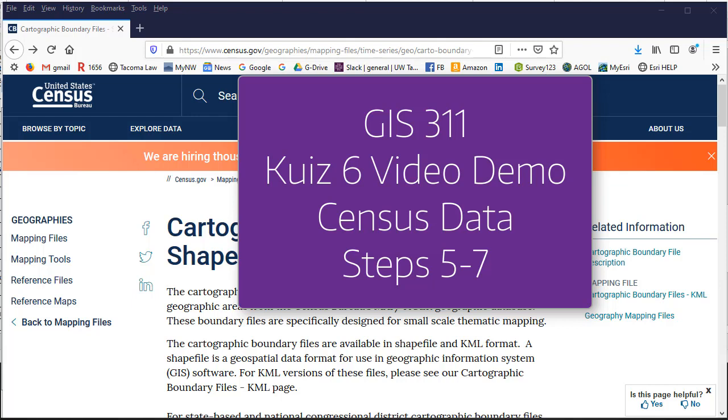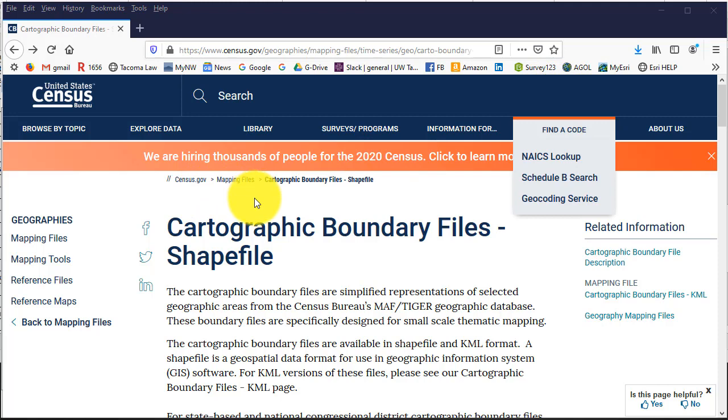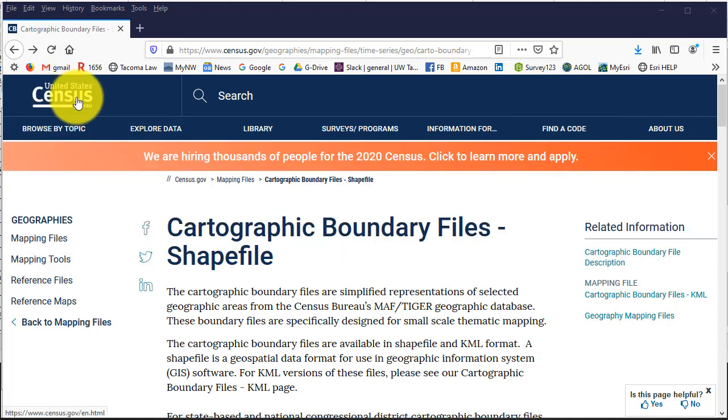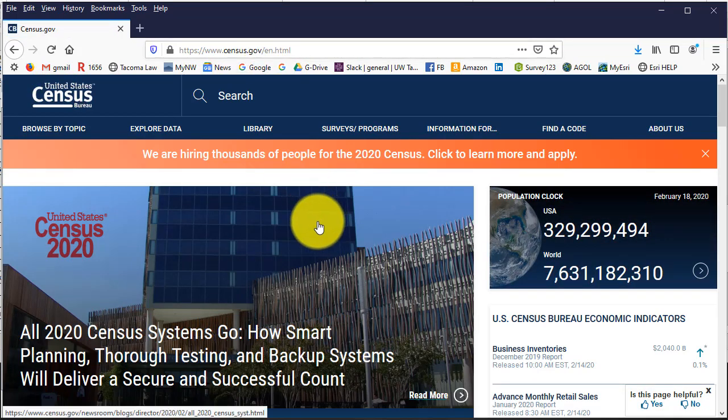We will now download some demographic data from the US Census, and this is data that comes in an Excel spreadsheet or text file or database format. The census has just recently decided to get rid of one of the main tools that we use to find our data, which was called American FactFinder. However, it is still live through March, so we will utilize American FactFinder. So if we go back to the US Census, the main page, census.gov, we could search for